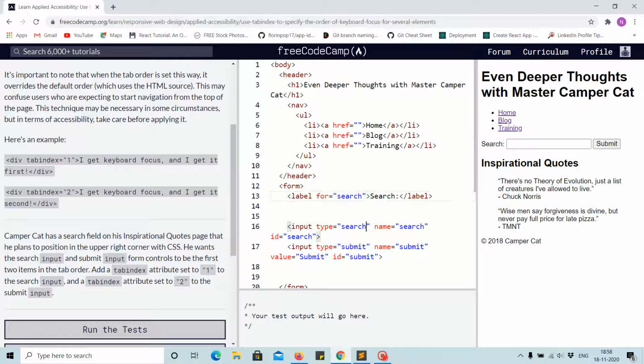in case of the input search, we can give the tabindex equal to 1, and in case of submit we can give tabindex 2. So it should work when we press tab, first this one and then